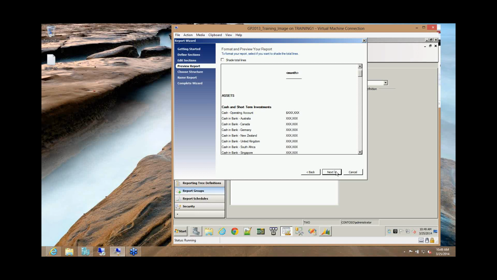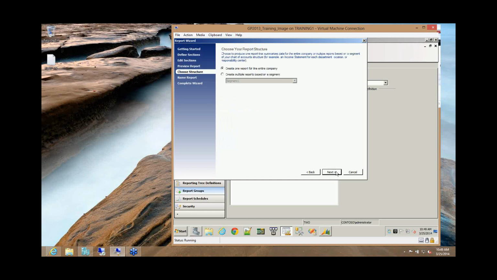Okay, so after our preview, now we have to choose our structure. This is where you could do the create multiples based on a segment. So if you have a department segment or a cost center segment, you can select from the drop-down. Now, again, because in Fabricam segment 2 is considered the main account segment, that is not listed as an available selection for your multiple reports based on segment, because you wouldn't be sectioning by that segment. So let's say if segment 1 were our department segment, we would select that and hit next,